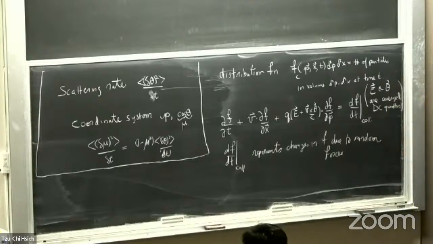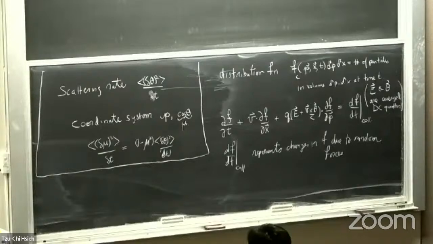Okay, so I'm trying to walk a fine line between being too formal and being too sketchy. So does this make sense? And does it seem sort of credible? Yes, question. So f is the distribution for the cosmic ray particles? Yes, but I could write down a similar equation for any particle species. I thought we have two species, like ions or protons. Oh no, it's mostly protons. The cosmic rays are mostly protons. The gas is mostly ions and electrons, basically. We could also include neutrals. This formalism can be generalized. But right now,